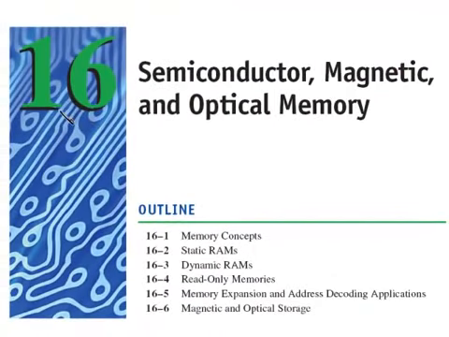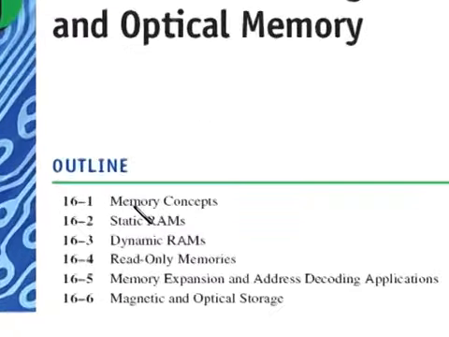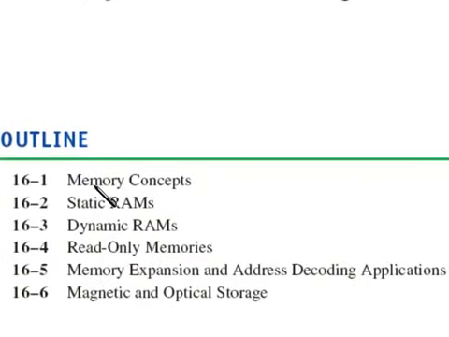Hi, this is Professor Kleitz. Chapter 16 deals with semiconductor, magnetic, and optical memories. First of all, I'll start out by talking about memory, just general memory concepts, and then we'll compare the two major types of RAMs, the static RAM and the dynamic RAM, and then look into read-only memories. Then we'll look at expansion and address decoding applications, which are important in microprocessor-based systems, and then we'll look at